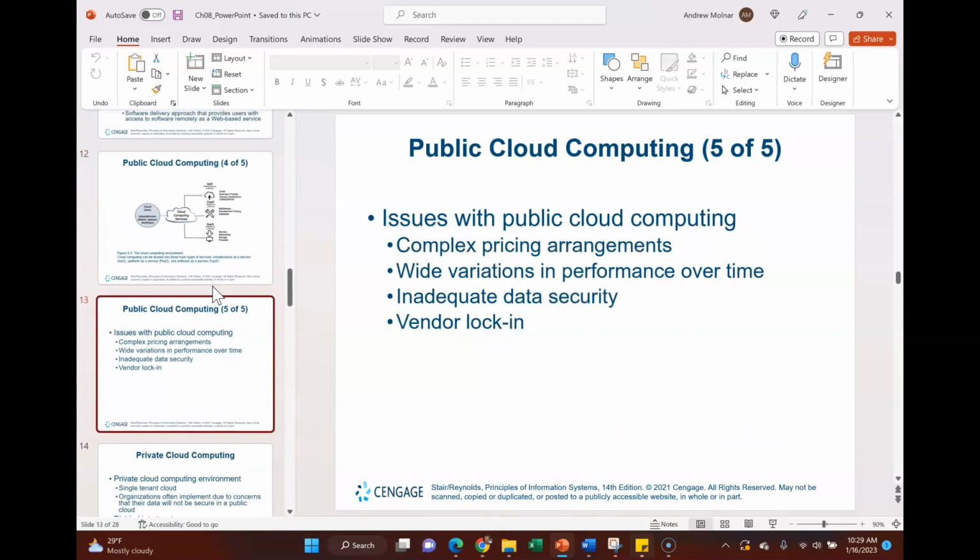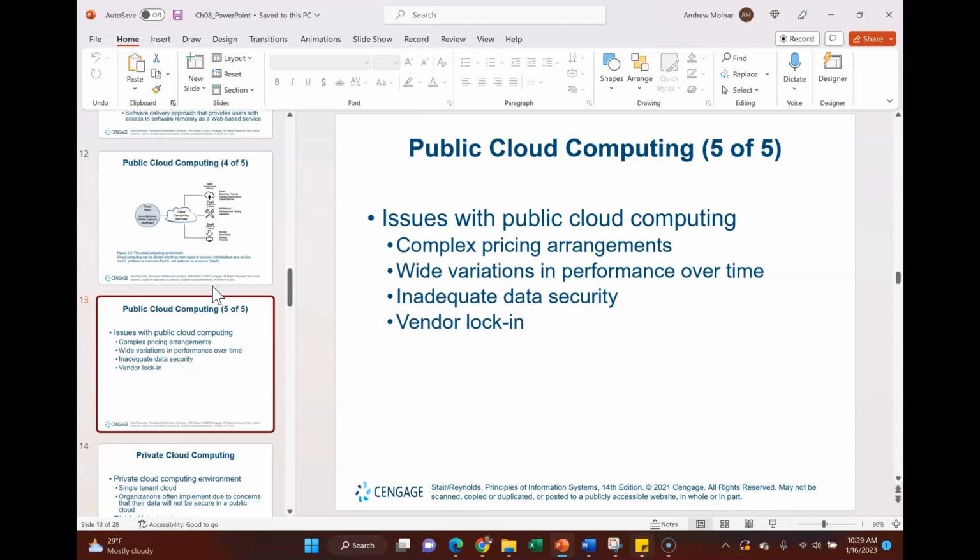Yeah, there can be issues with cloud computing services. Some have complex pricing arrangements. I find Google does not. Google actually will let the prices go down. In fact, Google will help you manage your costs with the various features it offers. There are variations in performance over time.